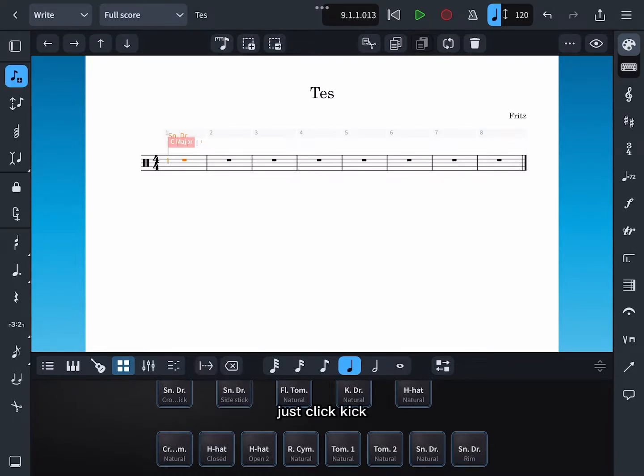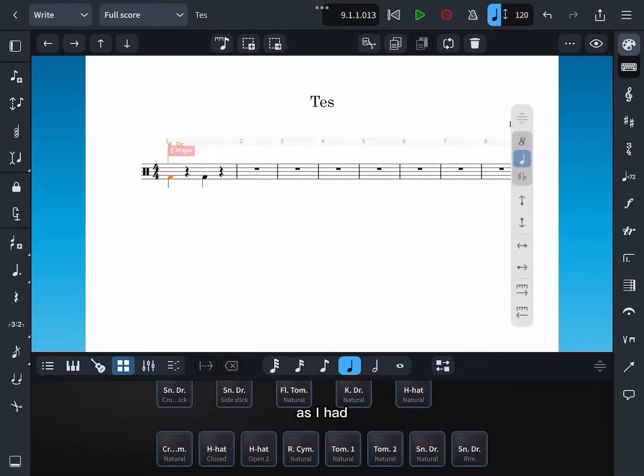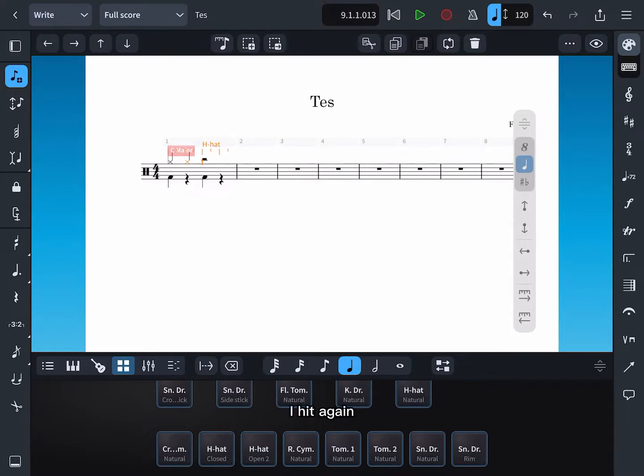just click kick, space kick, then we put a hi-hat, no, hi-hat again, and hat again. Okay, put here hi-hat,